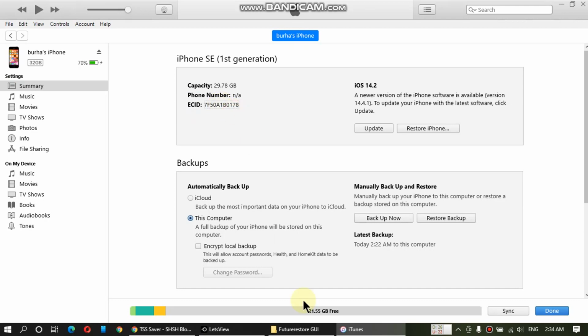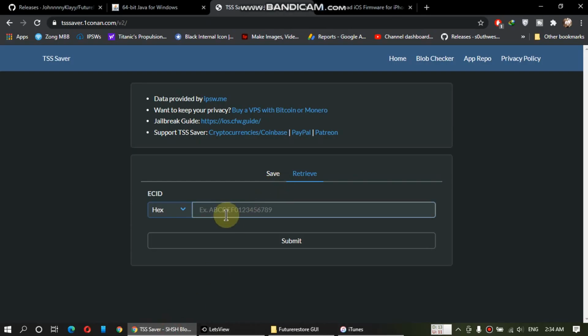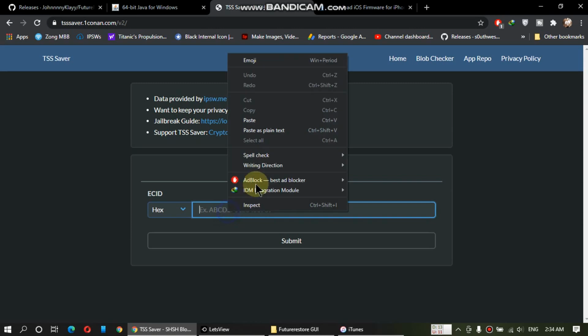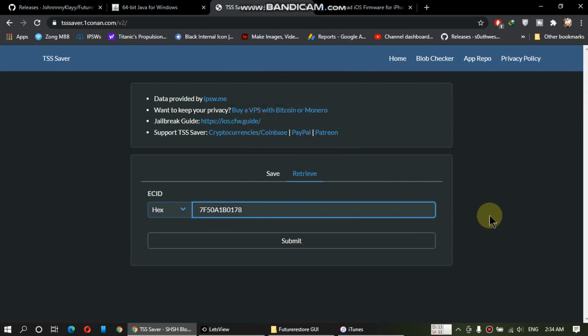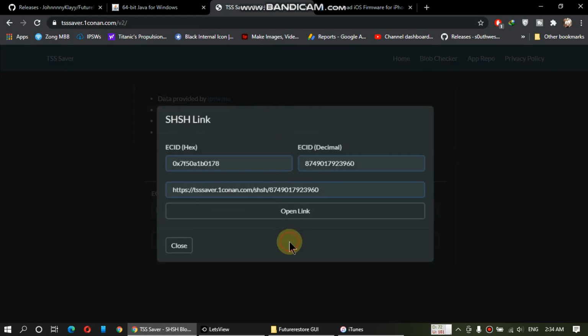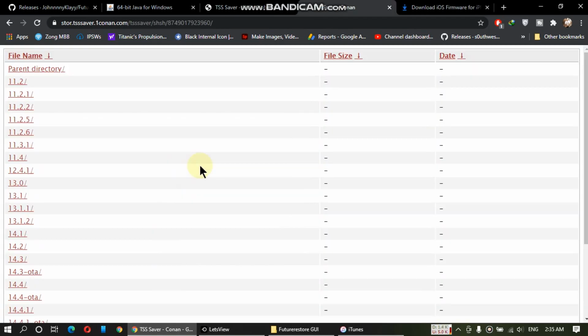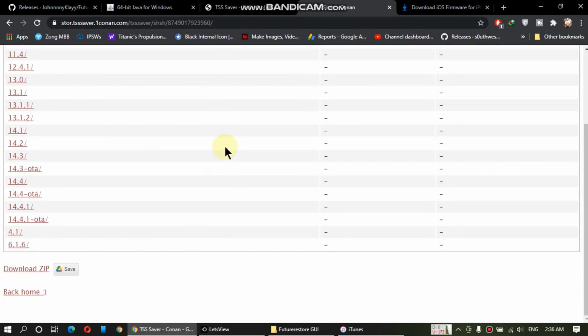Copy the ID and then paste the ECID here. This will only work if you have previously saved blobs when that version was signed. Click on submit and all the previously saved SHSH blobs are in this list.